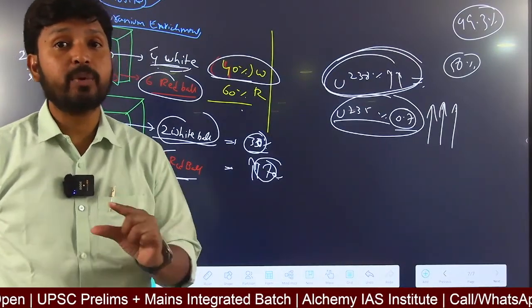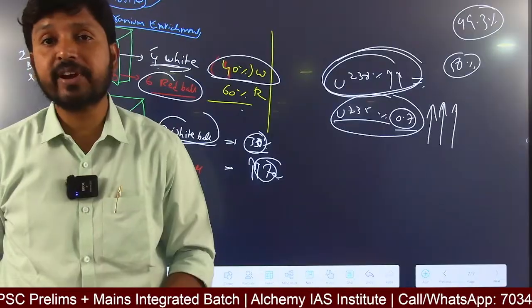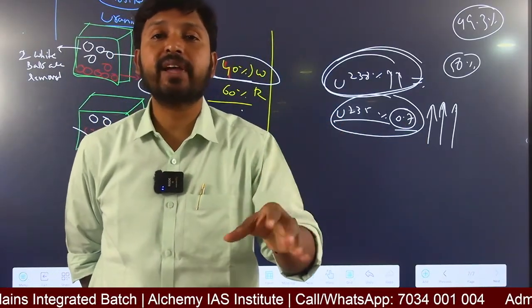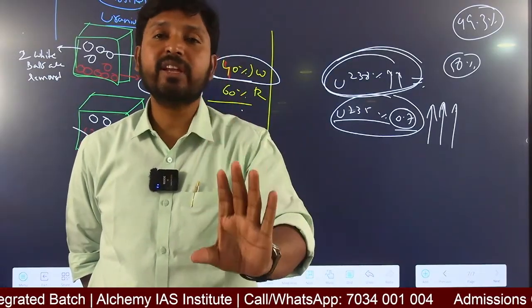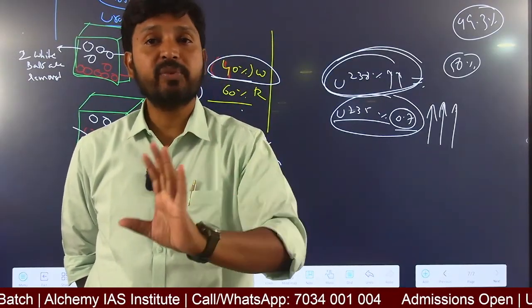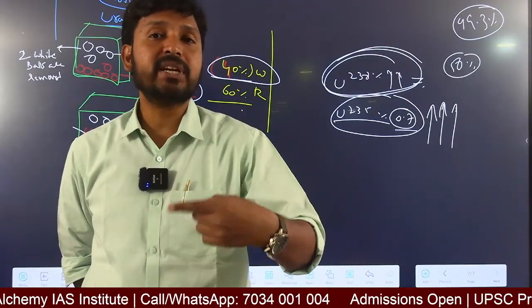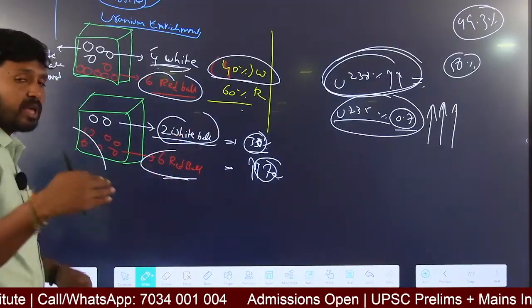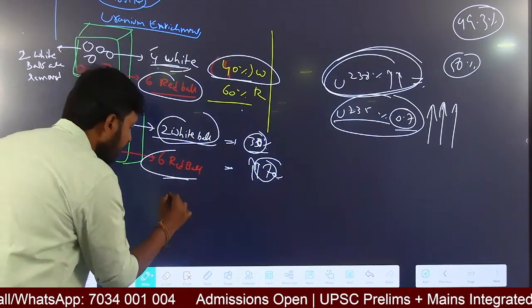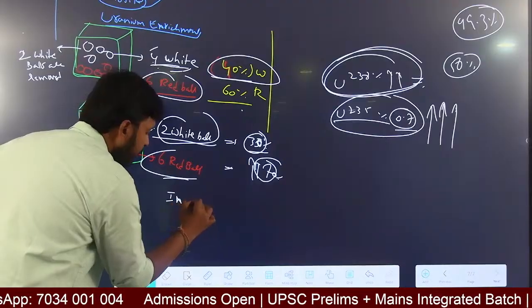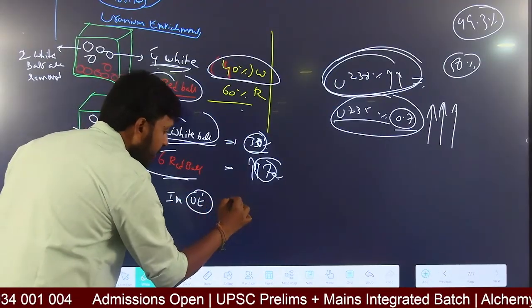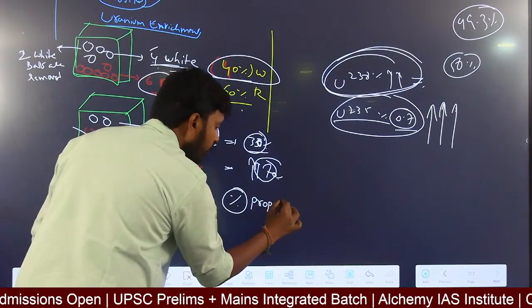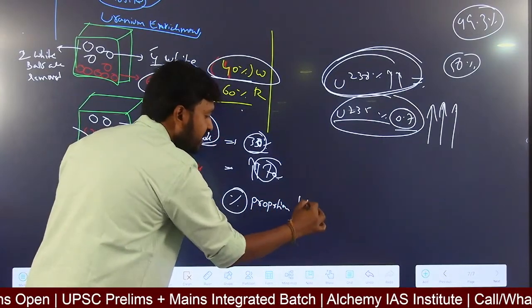The quantity of red balls is the same. Weight-wise, whatever the weight of uranium-235 was earlier, that 7 grams, the weight will be only 7 grams. Its weight will not increase, but percentage-wise, proportion-wise, it will increase. Always remember this one. So in uranium enrichment, the proportion will increase, but